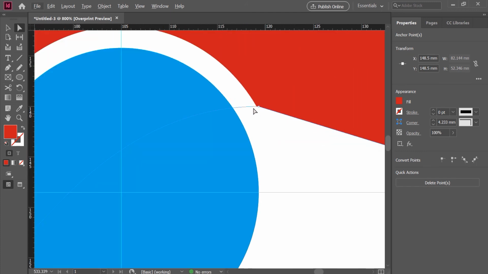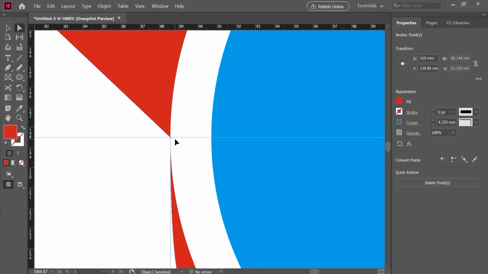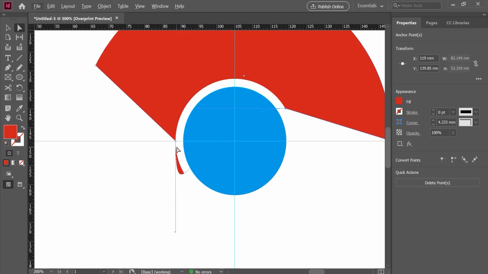And if we zoom more, this point is not exactly fitting into that circle, so I'll bring it a little bit more inside, and even this point I think is properly fixed. So since we can still see some portion of this particular circle, I will use this line to hide it.